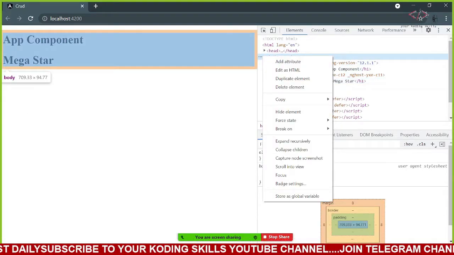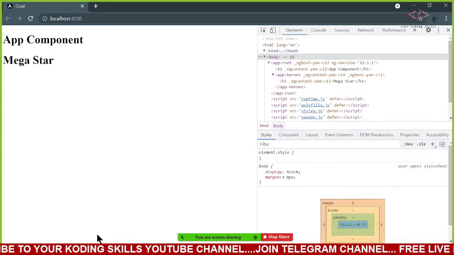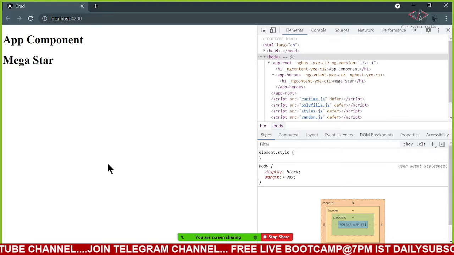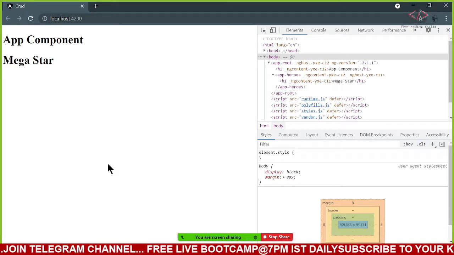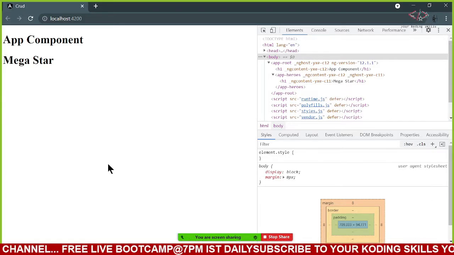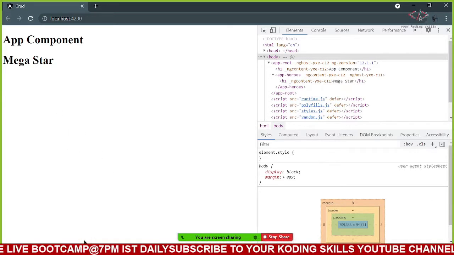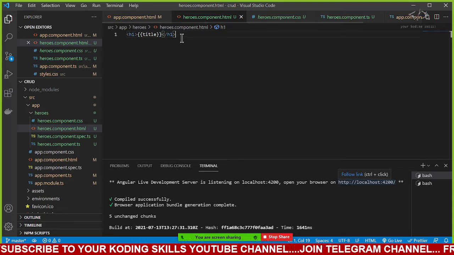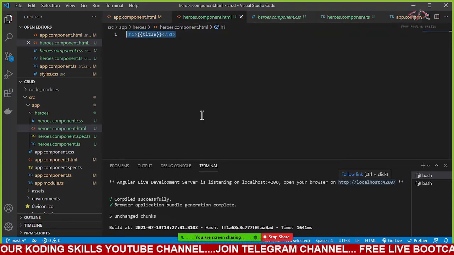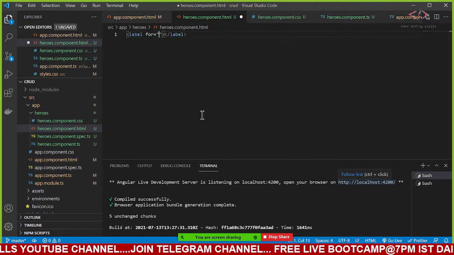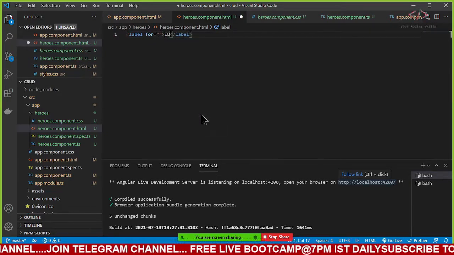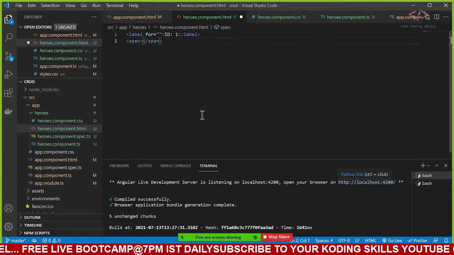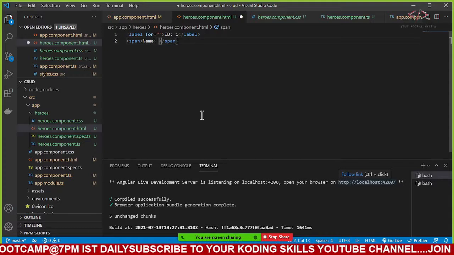Now, what are we going to do? In Angular, there is one concept called interface. Normally in Angular, we write all the code in TypeScript. Why do we use TypeScript? The main feature is type checking. So now I'm going to go to my app component. Instead of having this title, I will add a label ID equal to 1, and another one, a span, with name Naveen, just casually.